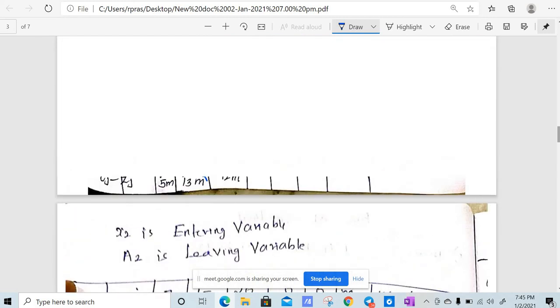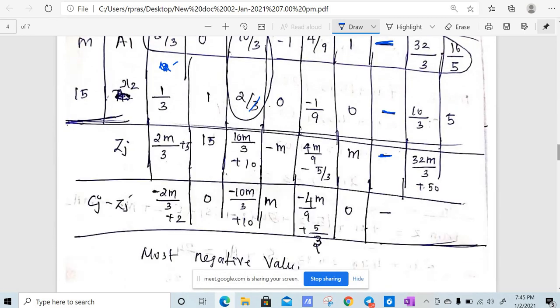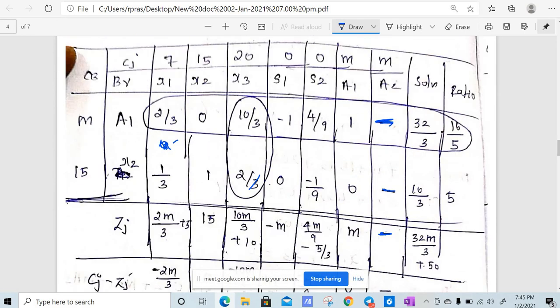This is also a very important step, and you can see a2 is the leaving variable, so in place of a2 you can just omit these rows, right? Yes. Now again after that we need to make this element equal to 1. You can see x3 is the entering variable and a1 is the leaving variable. And a very important point in the Big M method is that the artificial variables will always leave by the final iteration. In the first step the first artificial variable leaves, and in the second iteration a1 leaves and x3 enters.